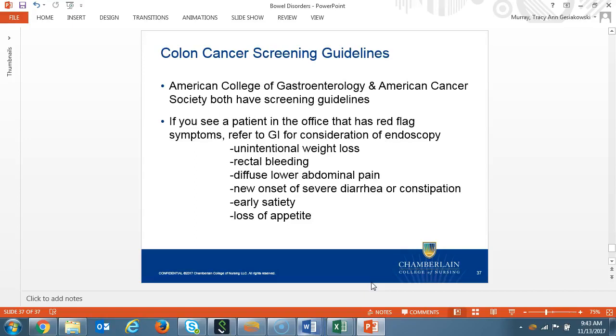The following conditions make your risk higher than average: a personal history of colorectal cancer or adenomatous polyps, a personal history of inflammatory bowel disease, ulcerative colitis, or Crohn's disease, a strong family history of colorectal cancer or polyps,